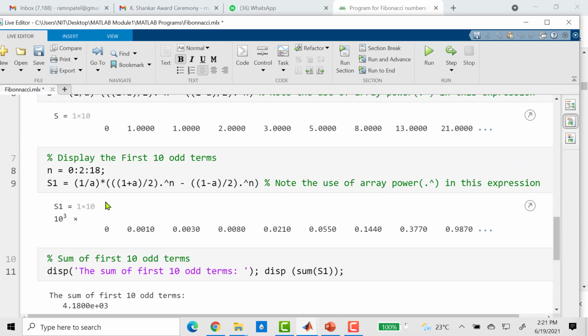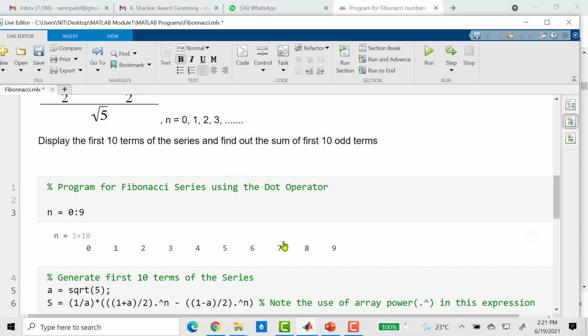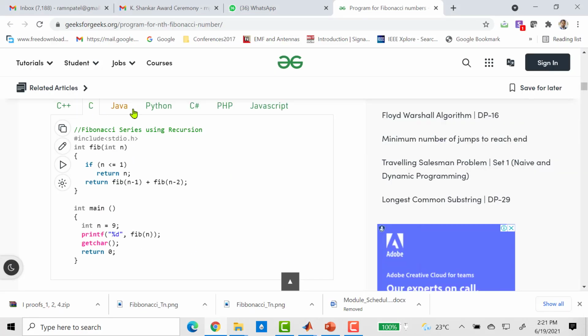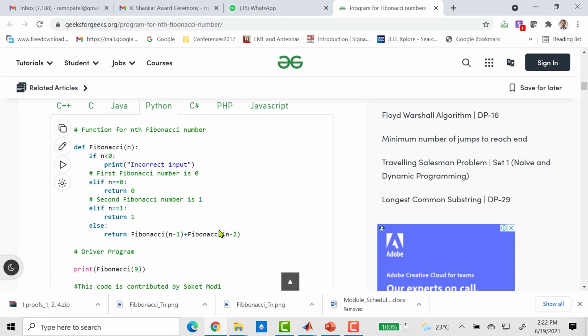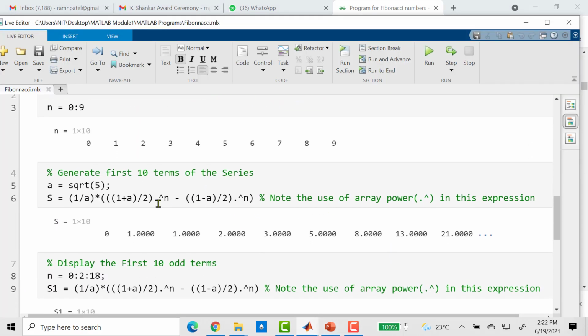So we learned about the power of dot. What takes a good amount of programming skills in other programming languages like C++, C, Java, Python, could be very easily solved in just 2 lines in MATLAB by using the dot operator. So that's what we learned in this.